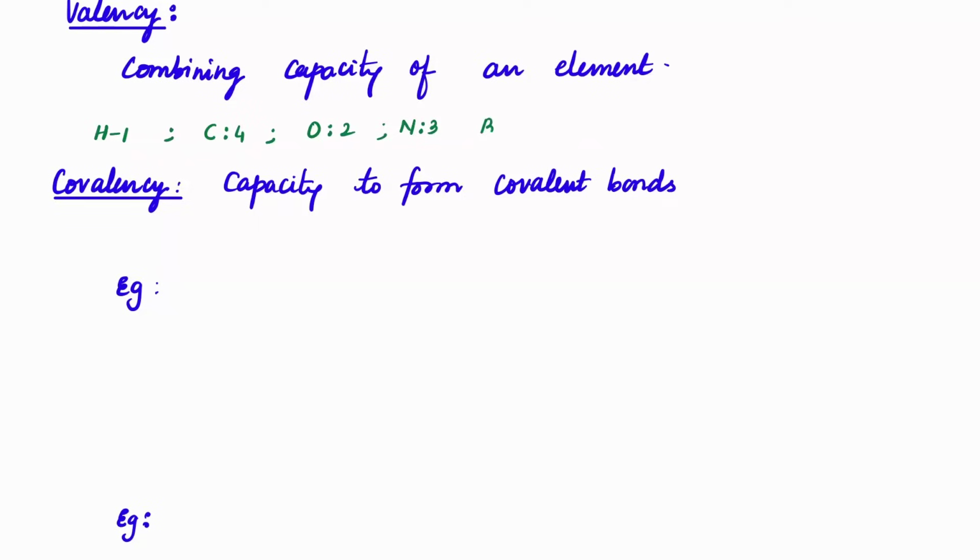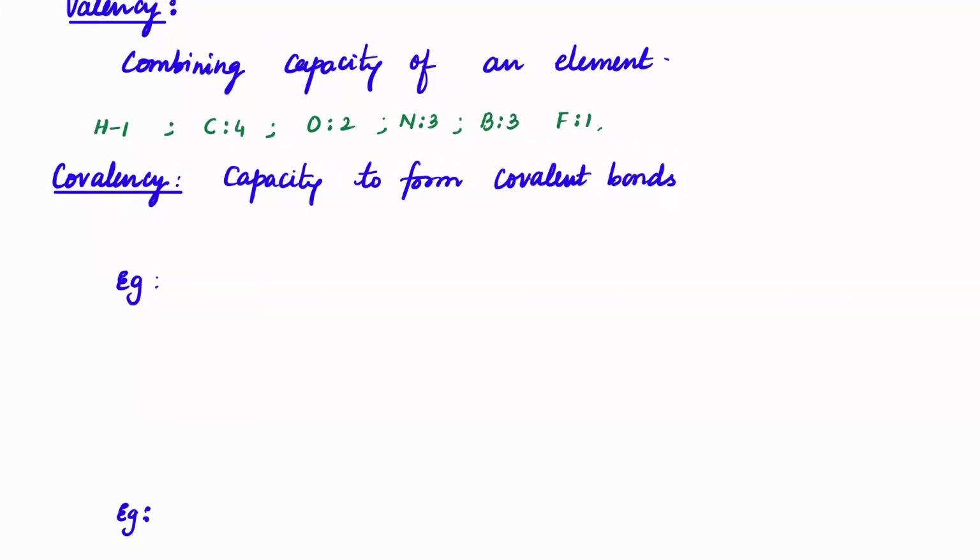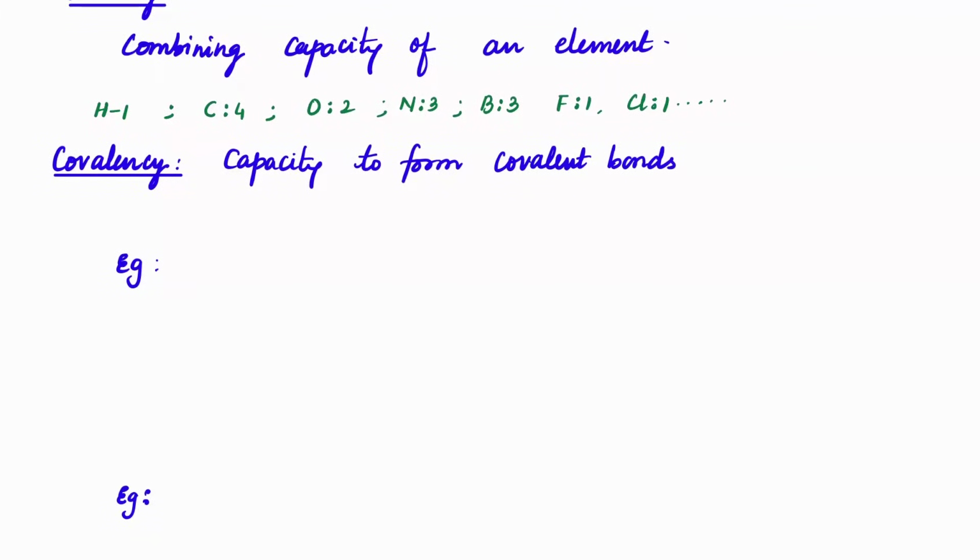Okay, boron's valency is also 3. It will try to involve 3 electrons. Okay, fluorine valency is 1. Correct. Chlorine, same way, chlorine valency is also 1. Okay, and so on. This is the combining capacity of an element. What is covalency? Covalency means the maximum capacity to which covalent bonds can be formed. That means how many maximum bonds it can form. For example, if it comes to hydrogen, the covalency always remains 1, because hydrogen cannot expand to have p orbitals